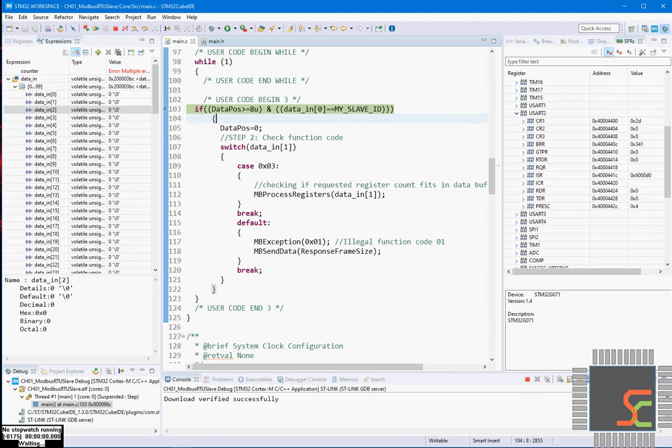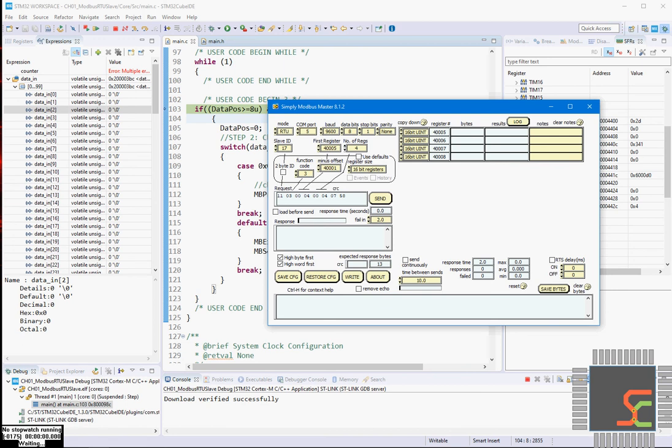One more thing: this data is 1 2 3 4 5 6 7 8, 8 bytes. As soon as I click send, 8 bytes do not go over RS232 at once. RS232 transfers 1 byte at a time.